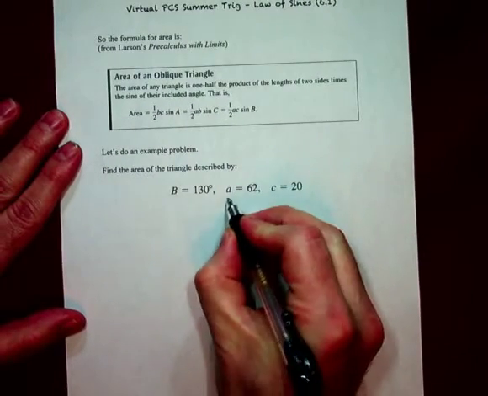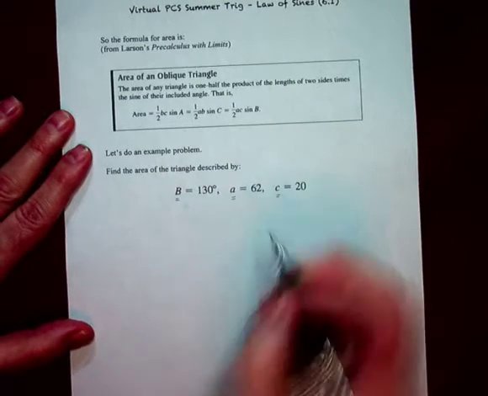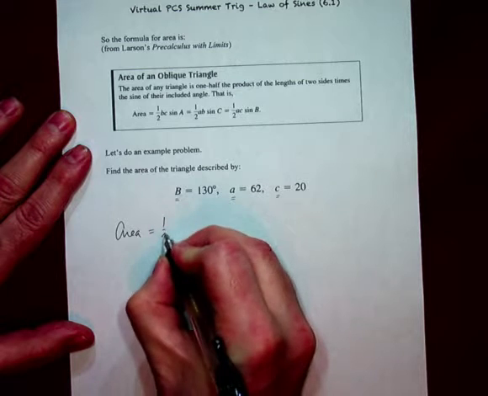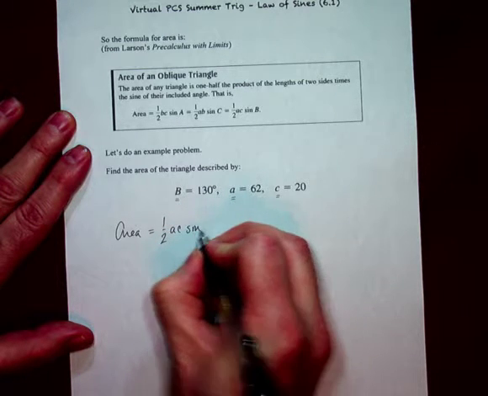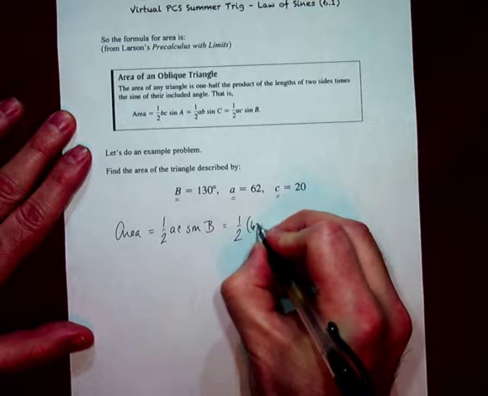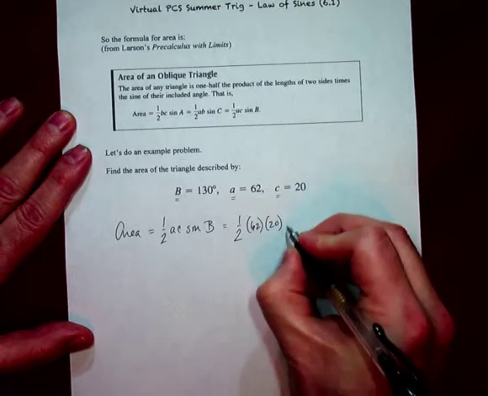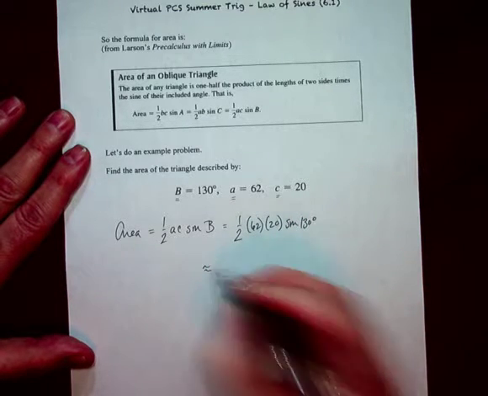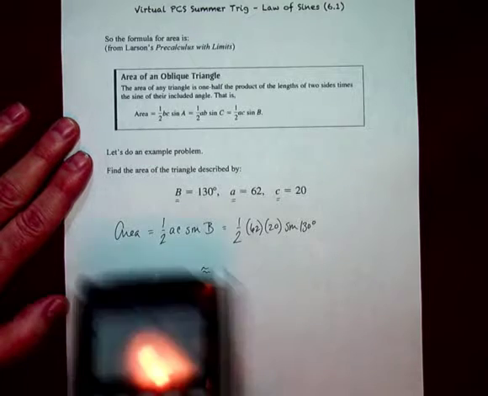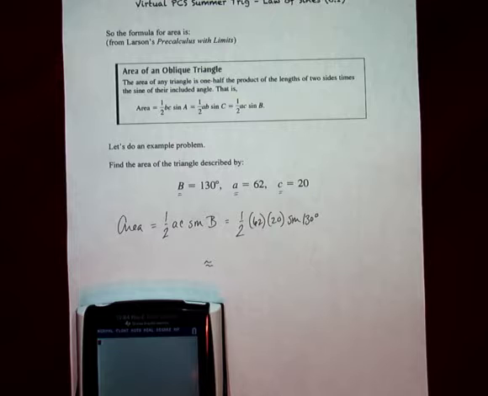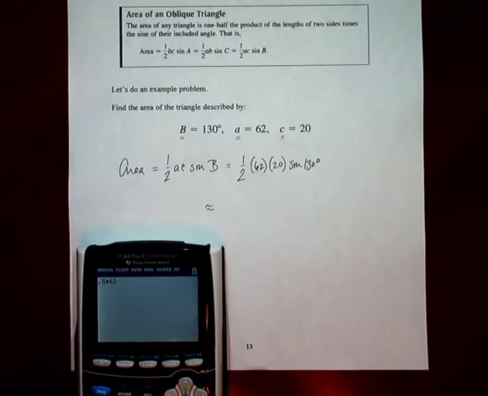I notice I have A, I have C, I have the included angle. I need the area: 1/2 AC sine of B, which is 1/2 times 62 times 20 times sine of 130 degrees. This of course doesn't have units on it, so you don't really have to include units. If you feel compelled, you can put units squared. It doesn't really matter. Let's do 1/2 times 62 times 20